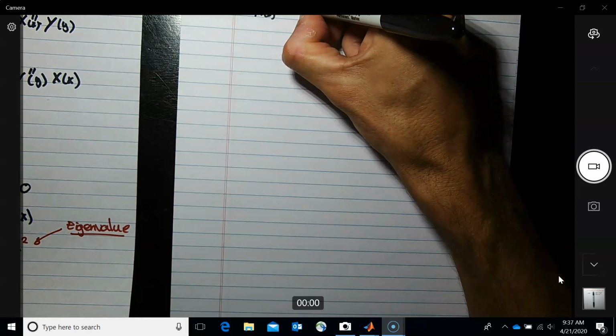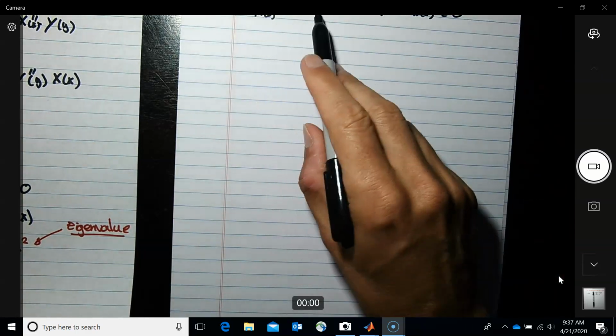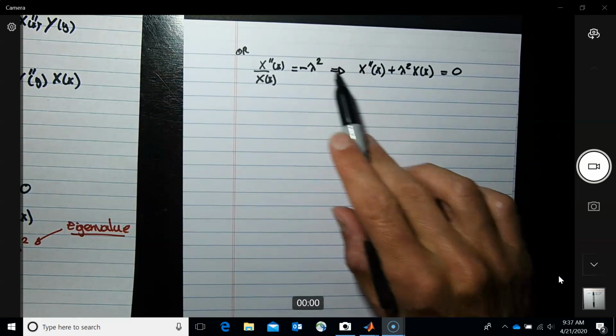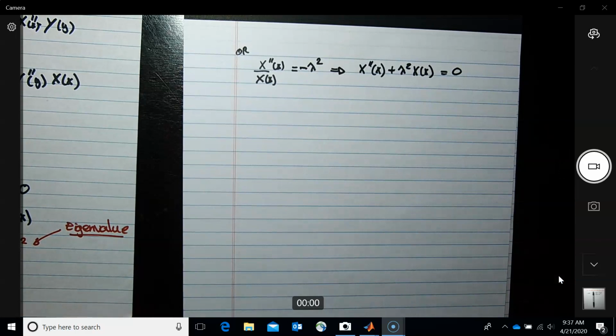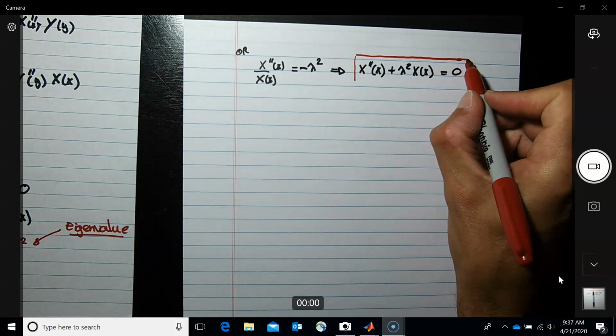Once you move it to the other side, this becomes a plus. So this would be our first problem over here,